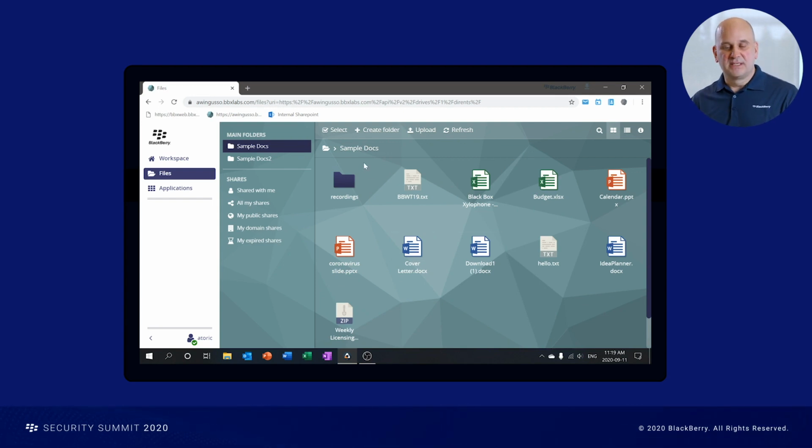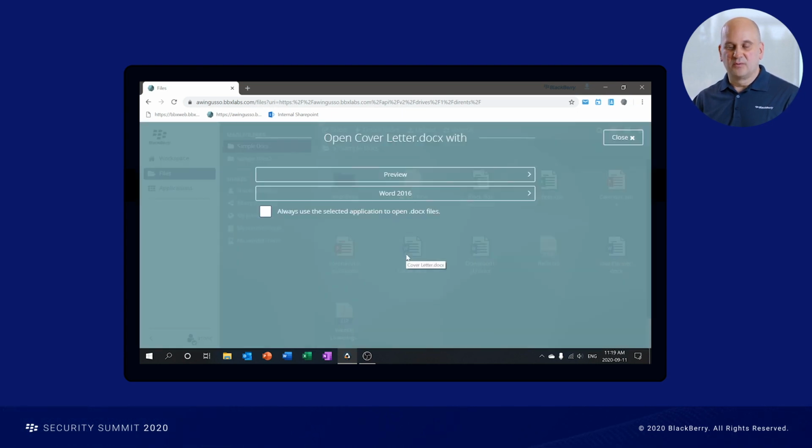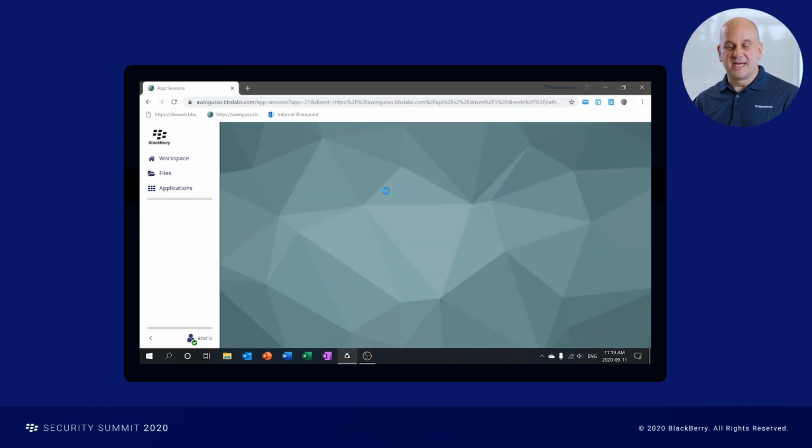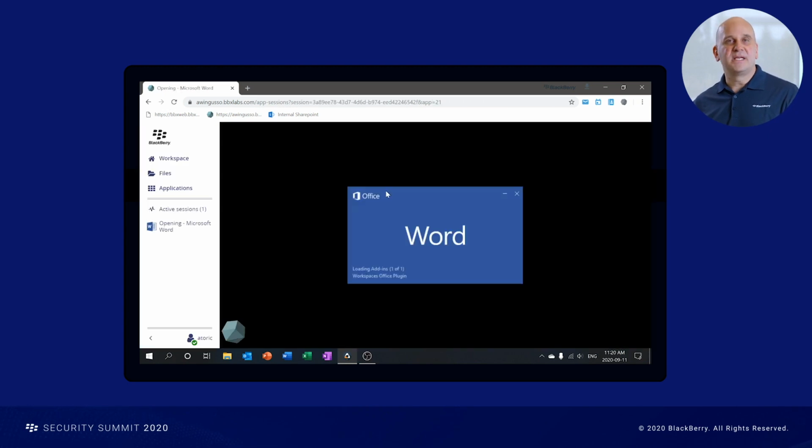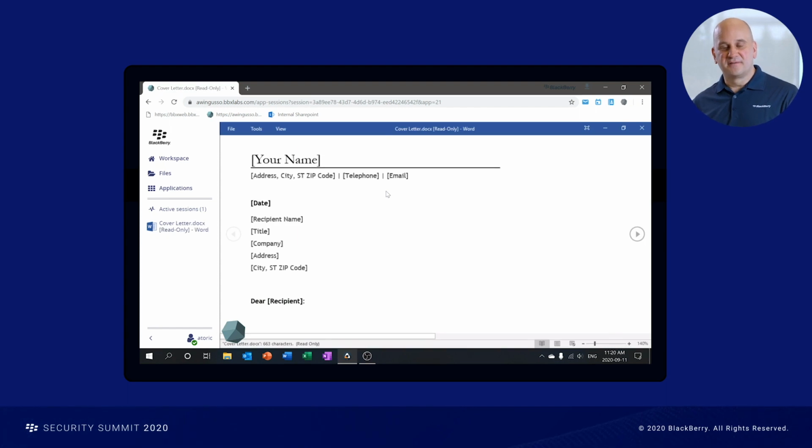So we've got some integration there with SharePoint. And I can open up one of these documents, for example. So if I'm working with a Word document, I can actually use the full Word desktop application through the secure browser. What's happening in the background is this instance is now being set up for me virtually, running on a computer back at the corporate infrastructure,